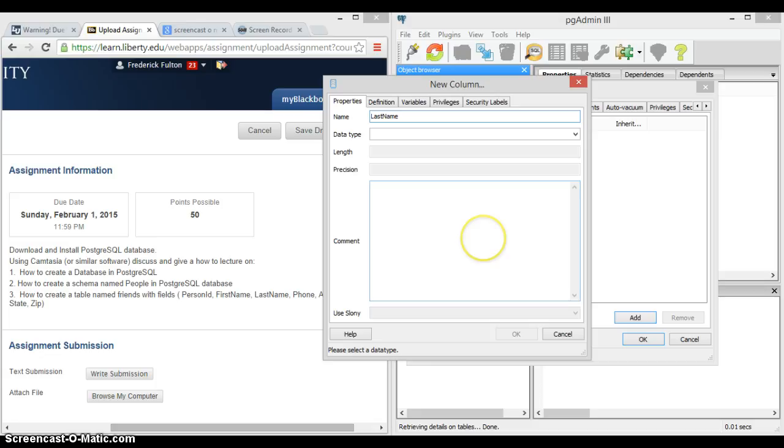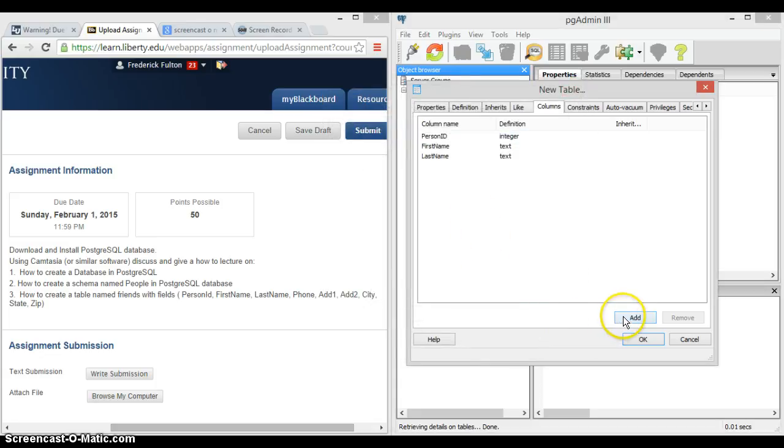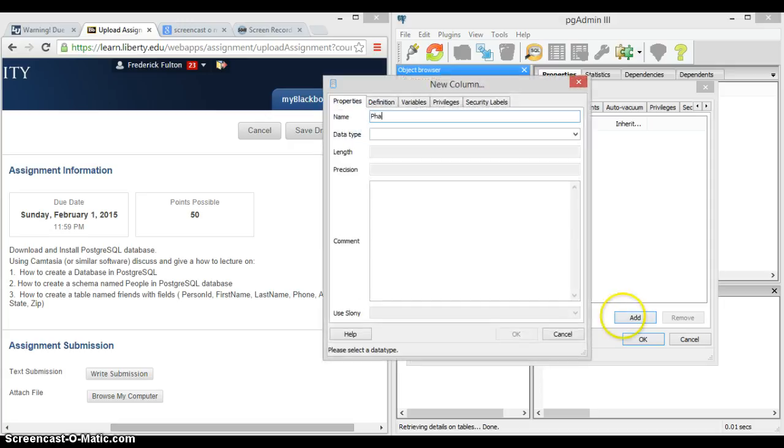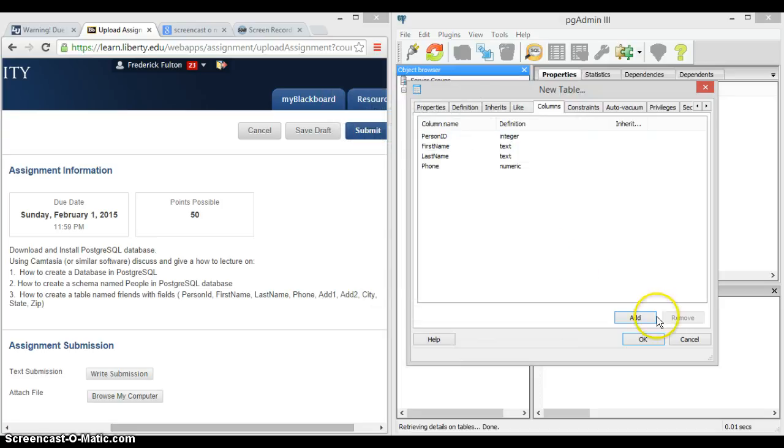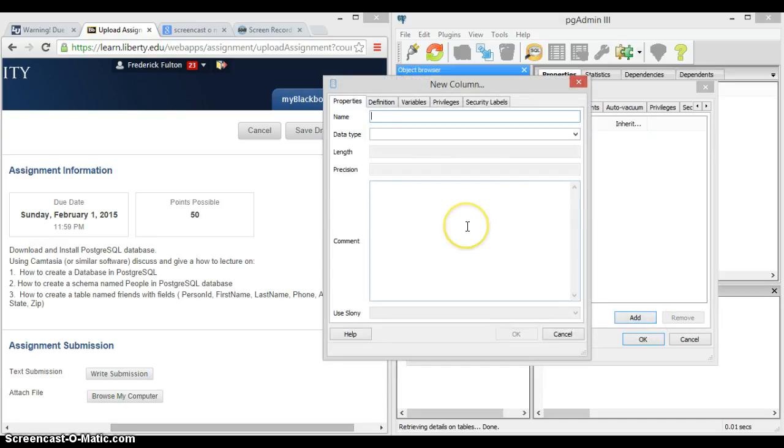So last name goes in here. It's also going to be a text. And we're going to add phone. Phone is going to be a number. So we'll just go with numeric, since it's not technically just integer, just string. And then we're going to go